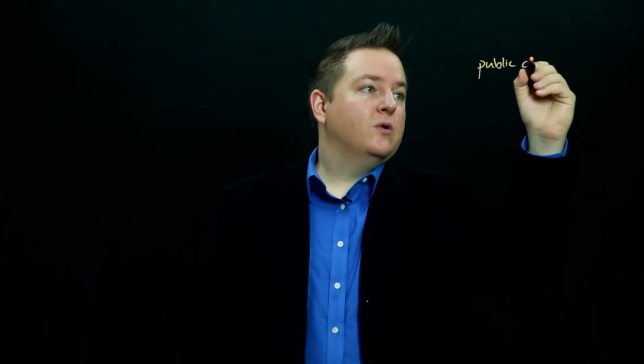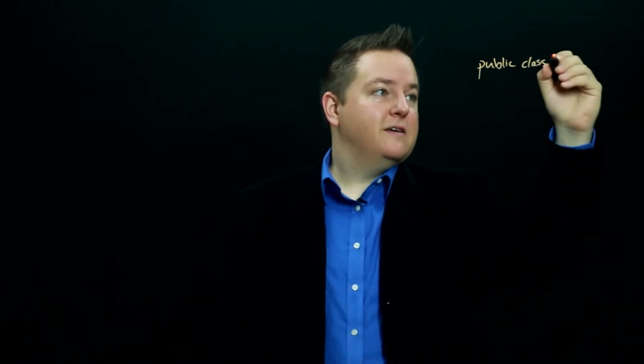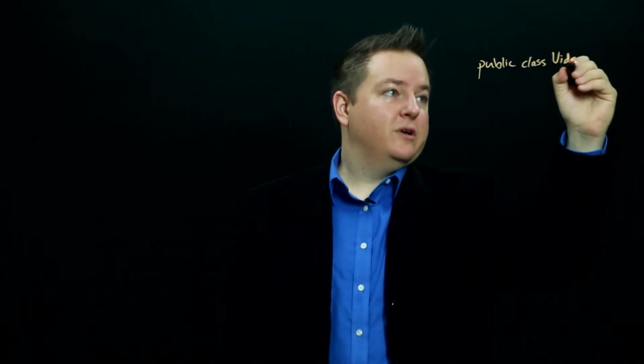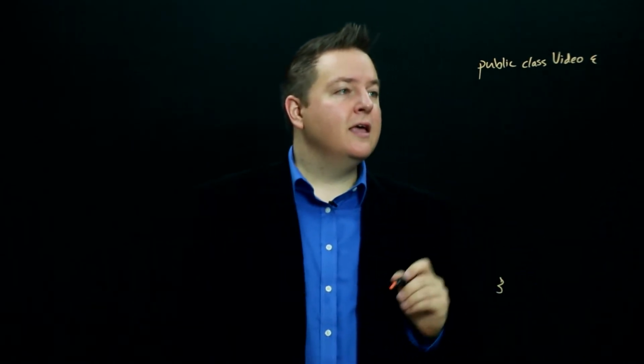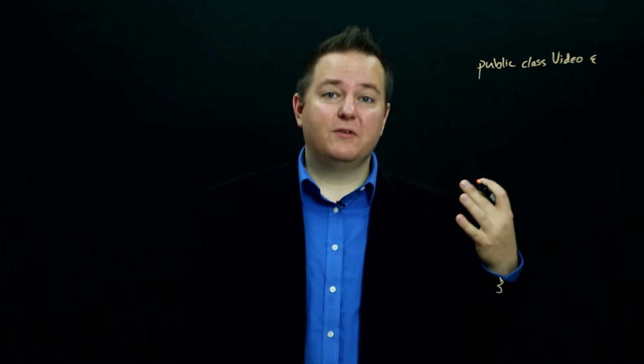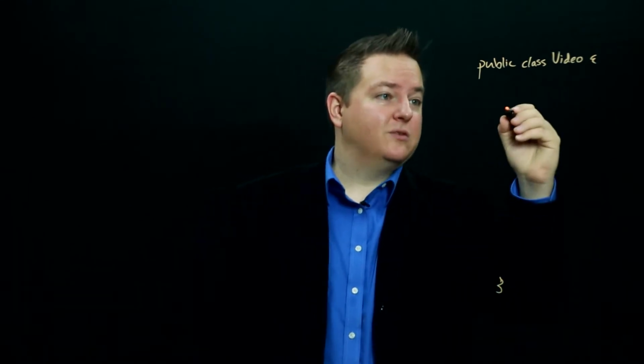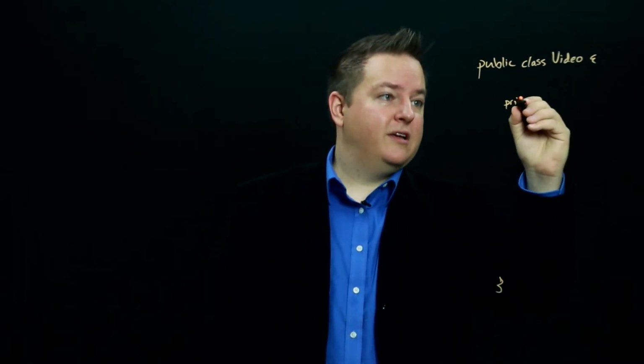Now, the way that we do this is we have to create a class and provide annotations to JPA explaining how instances of that class should be stored in a database. So let's take a look at a simple example. So we're going to create a class to represent the videos that we are storing. So we'll have a simple video class. And what we'd like to do is store some information in the member variables in this class. So we might have private,